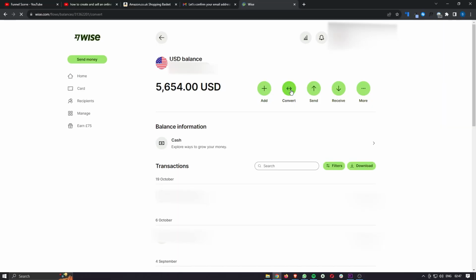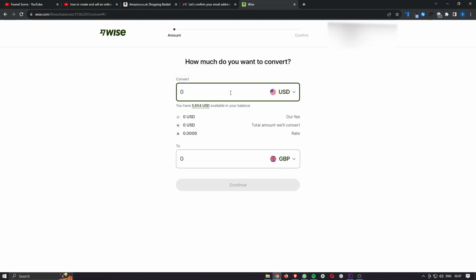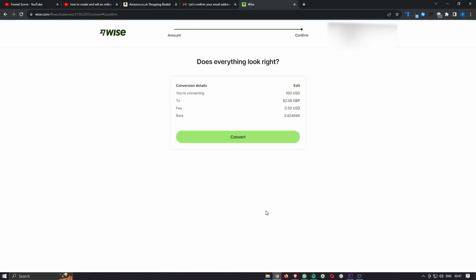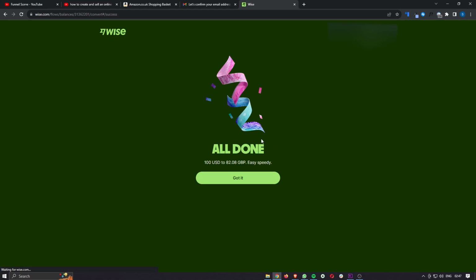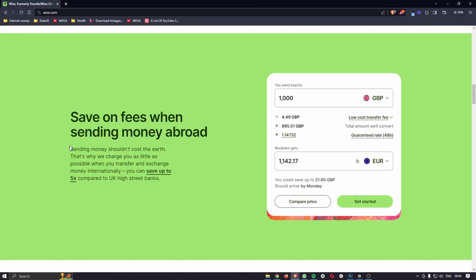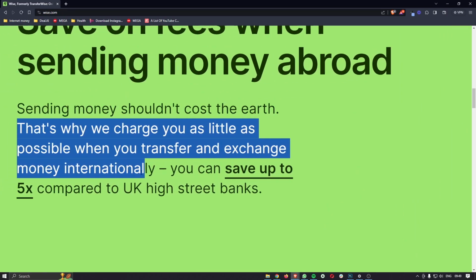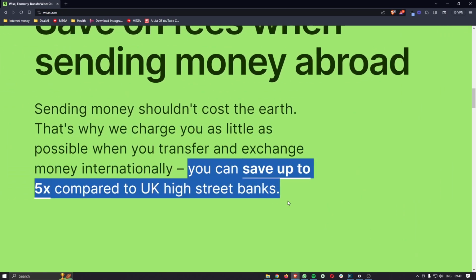In the app, you can also convert your currency from one currency to another. There is a fee with this, however, it is going to be much cheaper than going through a normal bank or another third-party software like PayPal. These cheap and easy fees are the main point of Wise, and this is why the bank app is so popular. They say right here that the aim is to charge you as little as possible when you transfer and exchange money internationally, and you can save up to 5 times the normal amount when compared to, in this case,